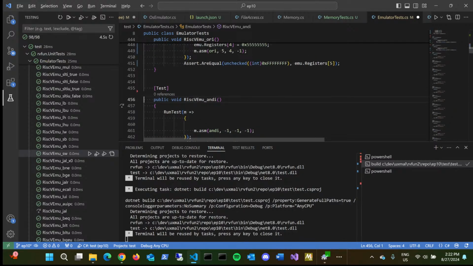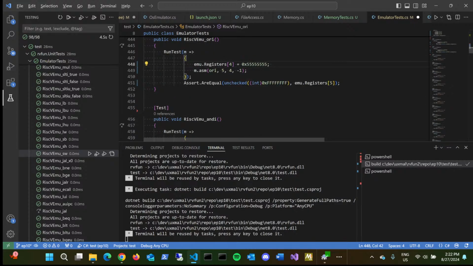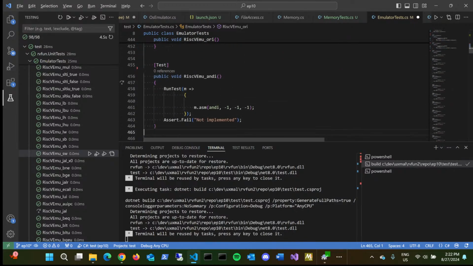Let's see. Let's change the test slightly. We will take the immediate pattern that looks like this: 0f, just the last 4 bits are going to be true. And then all the other bits in the immediate operand will be zeros. And remember that if you AND 0 with anything, you get a 0. So it will clear the upper